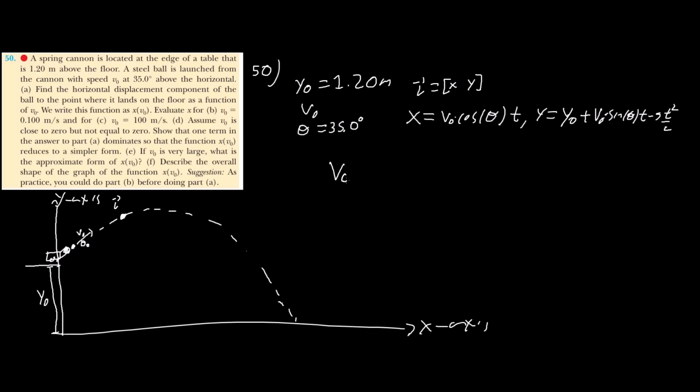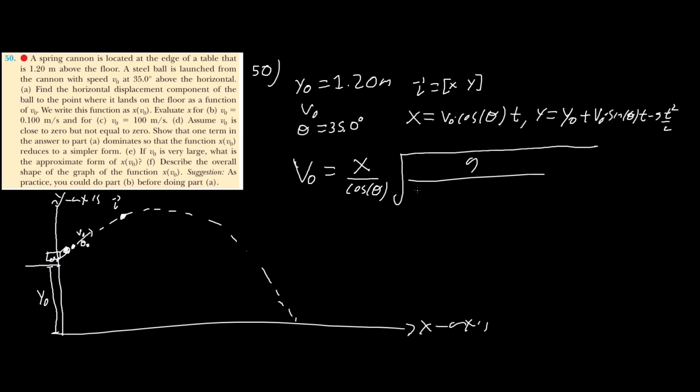Once you work out all the math, the V naught is going to be x divided by cosine of theta times the square root of g divided by 2 tangent of theta times x minus y1 plus y naught, or